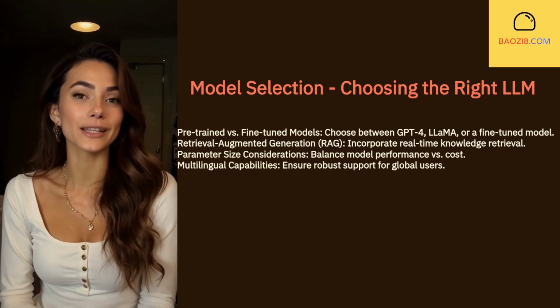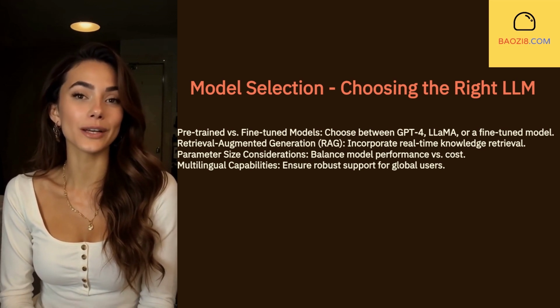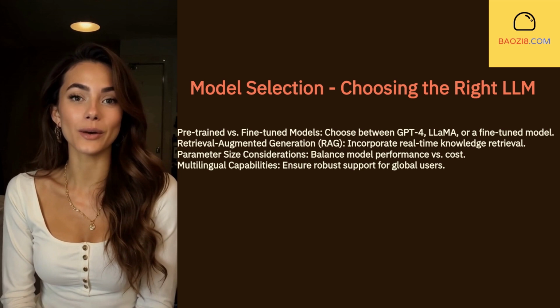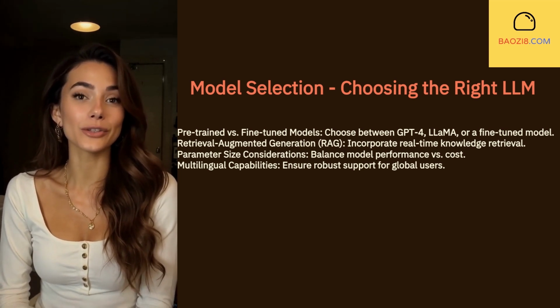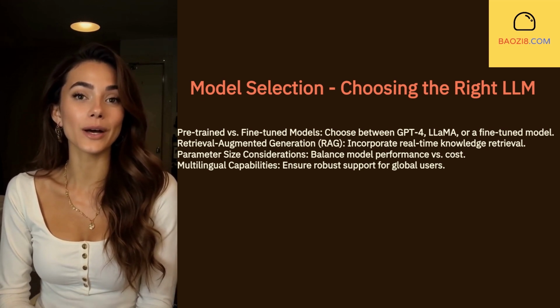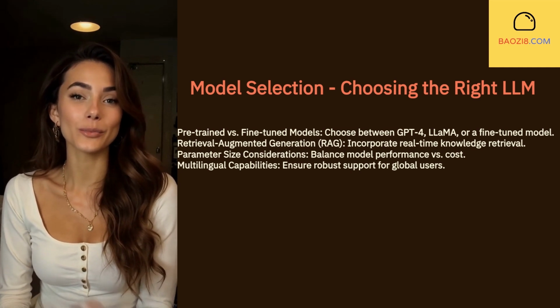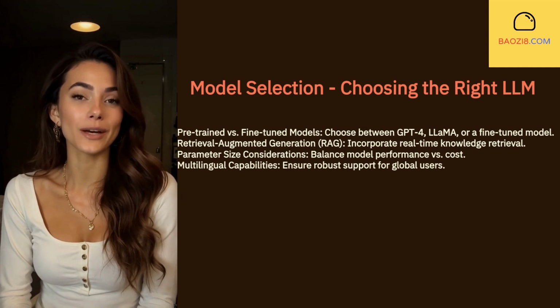Additionally, parameter size impacts inference cost and response speed. While larger models provide superior reasoning, they require more computing power. Deploying quantized or distilled models may help reduce costs while maintaining acceptable quality. Finally, for a global audience, the model must support multiple languages, requiring either a multilingual model or separate fine-tuned instances